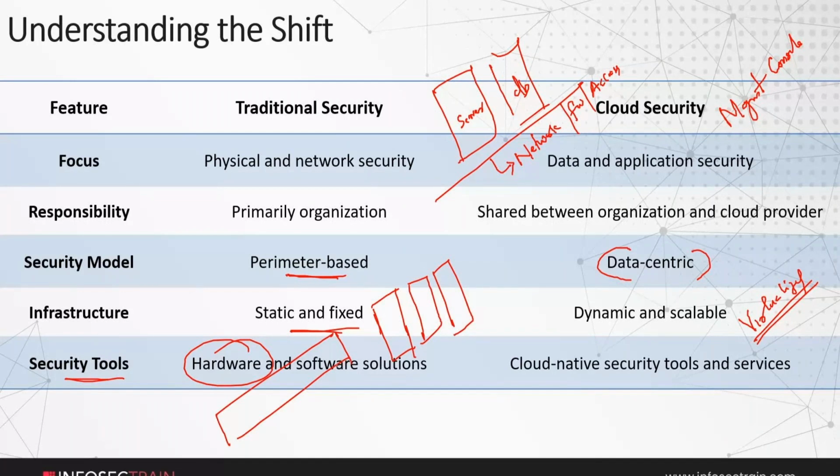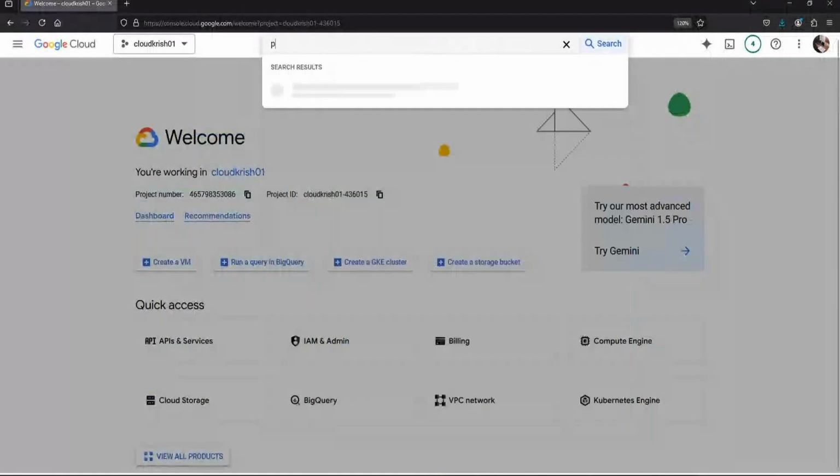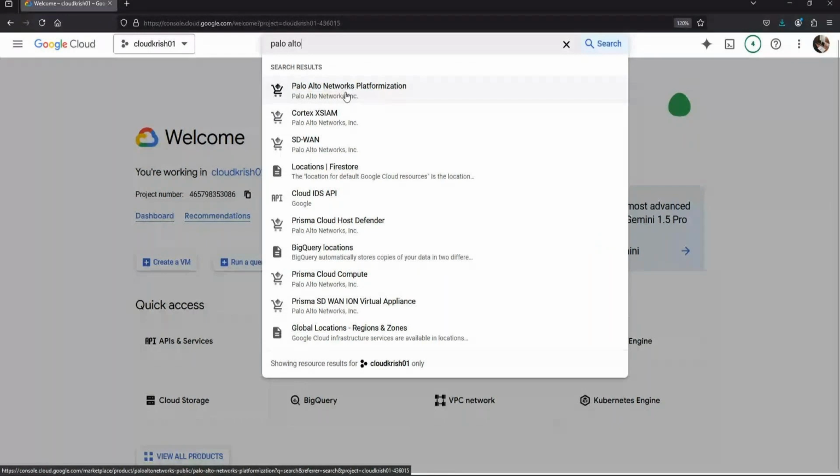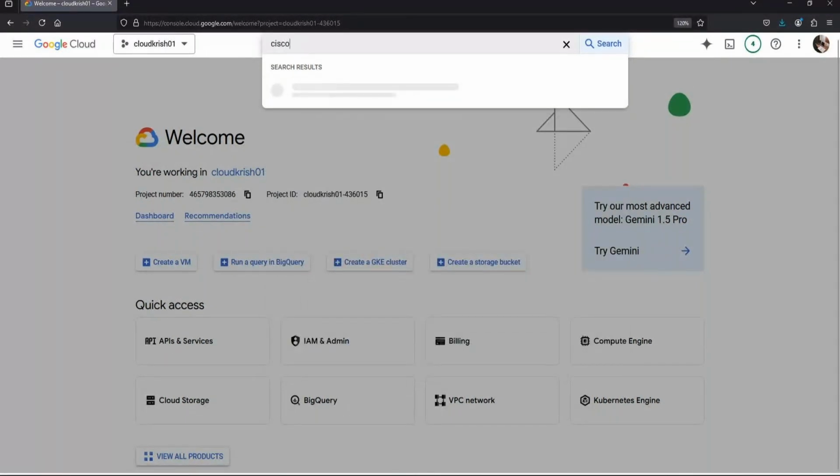But at the same time, if I go to a cloud platform, instead of physical devices, we rely on something called virtual appliances, cloud-based virtual appliances. What is a virtual appliance, team? Let me show you an example. If I want to have a Palo Alto firewall, I can just type Palo Alto. I can get the firewalls, or the devices, from that particular vendor directly as a virtual appliance. So this is not a physical device. I can get that device from them as a virtual appliance.